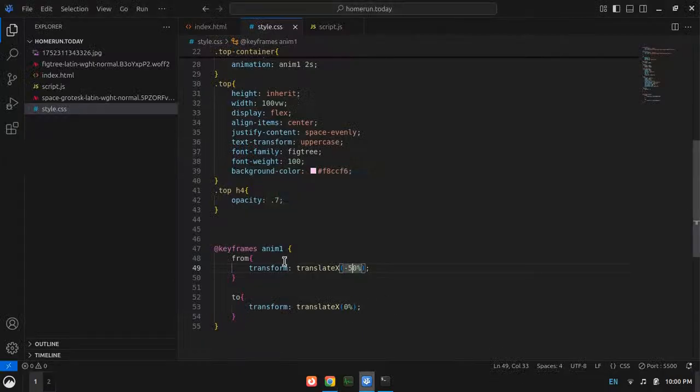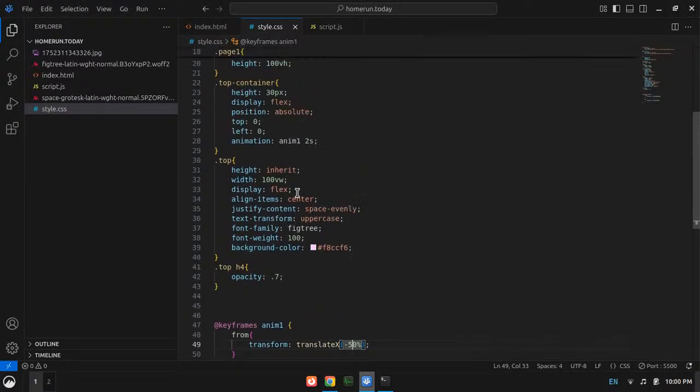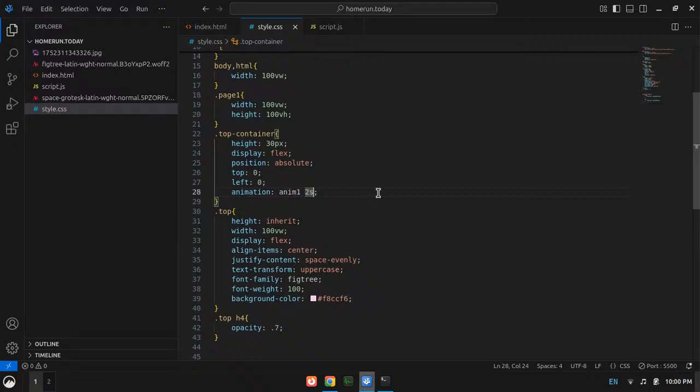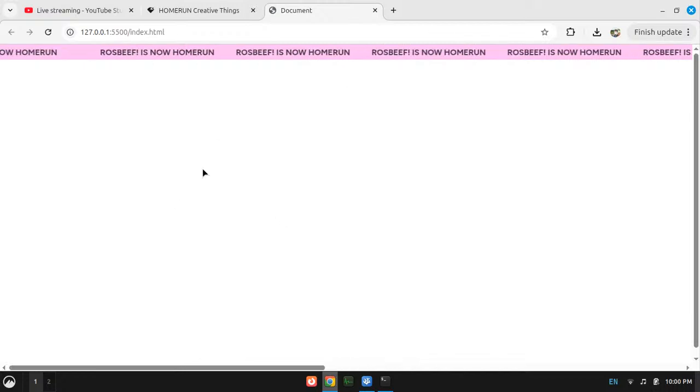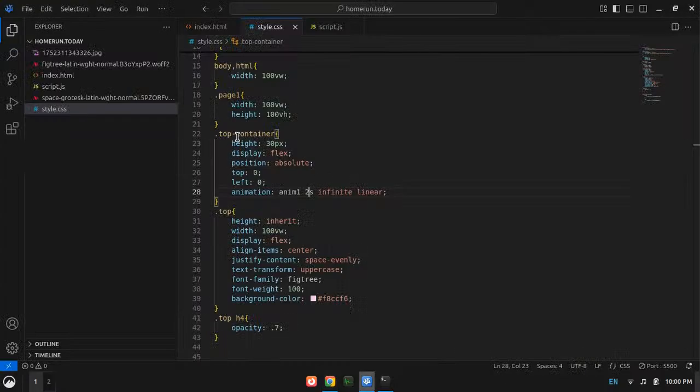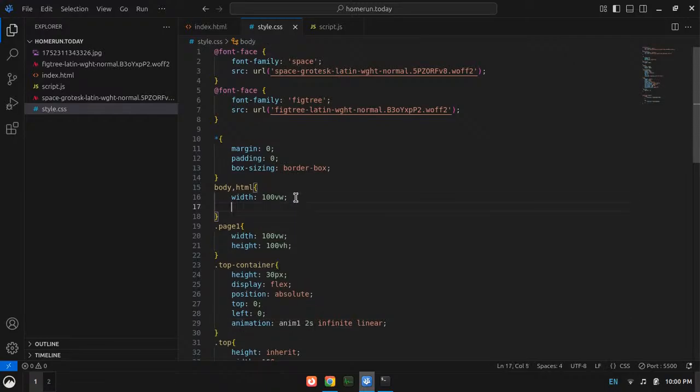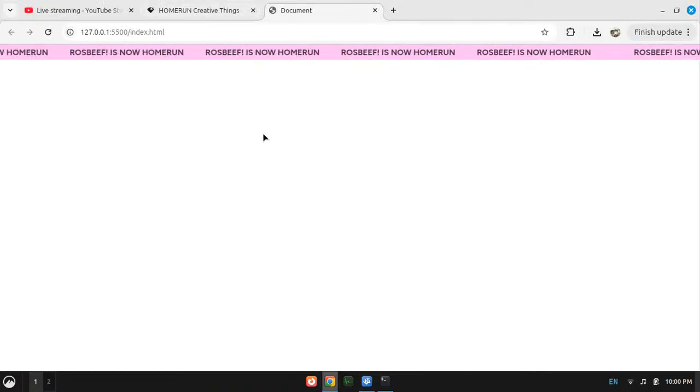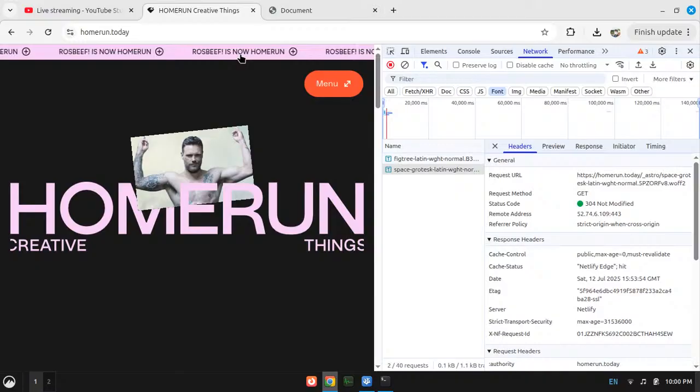And now I need to actually configure this animation. So 2 seconds, then the loop count will be infinite, and then the timing function will be linear, and that's all I guess. I need to make it run infinitely. Oh, by the way, the scroll bar, I need to remove this, so I will say to the body, I guess, overflow-x hidden, so that anything that overflows will be hidden. And now, yeah, it's going, but it's way too fast. I need to make it a little bit slower.